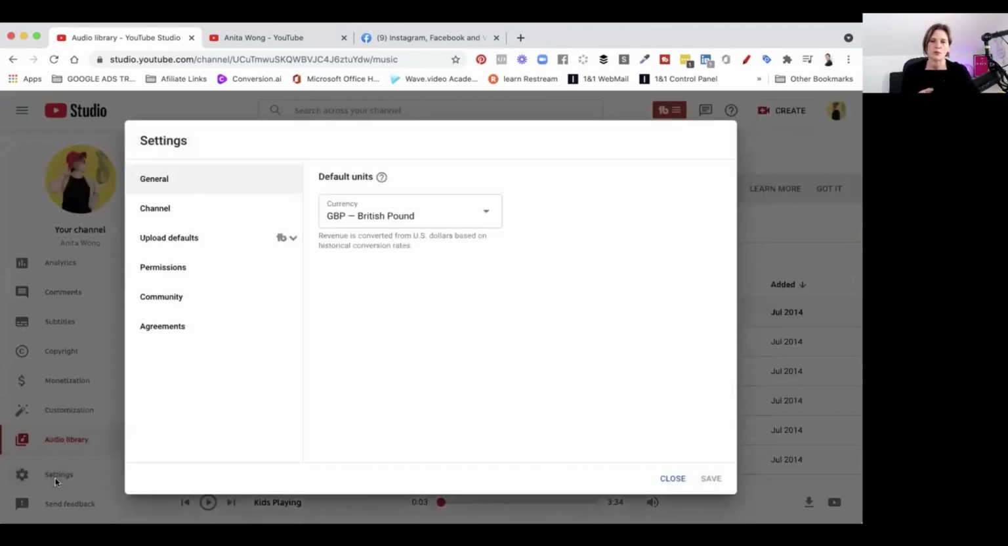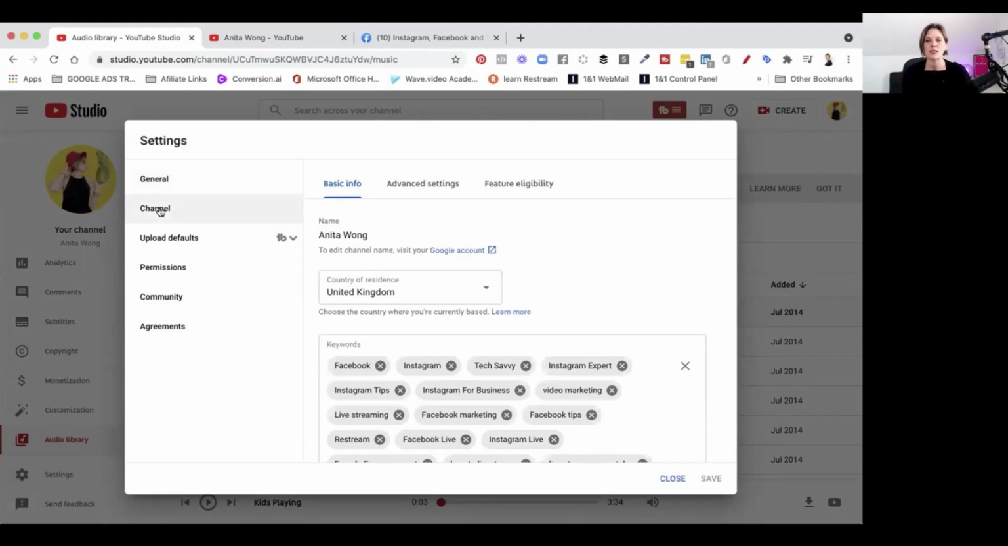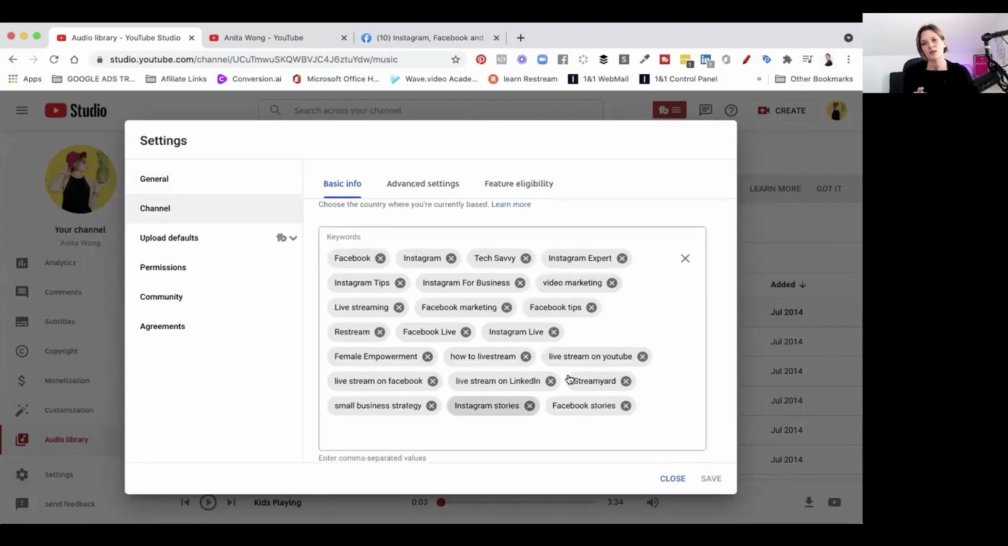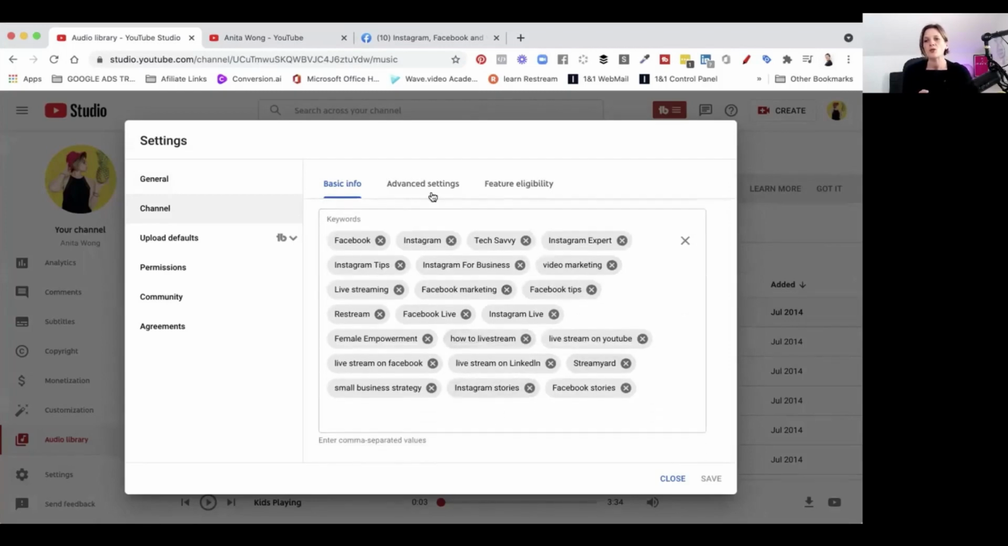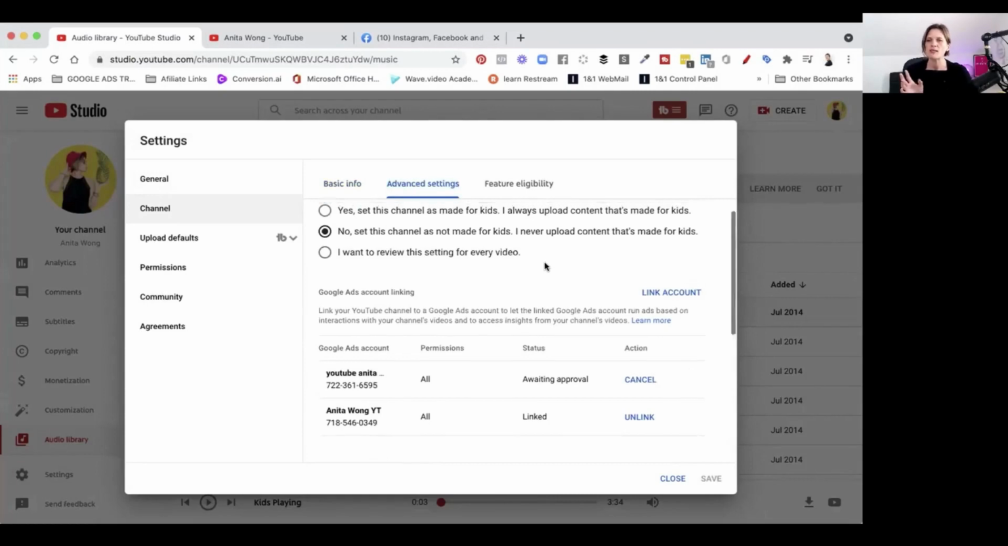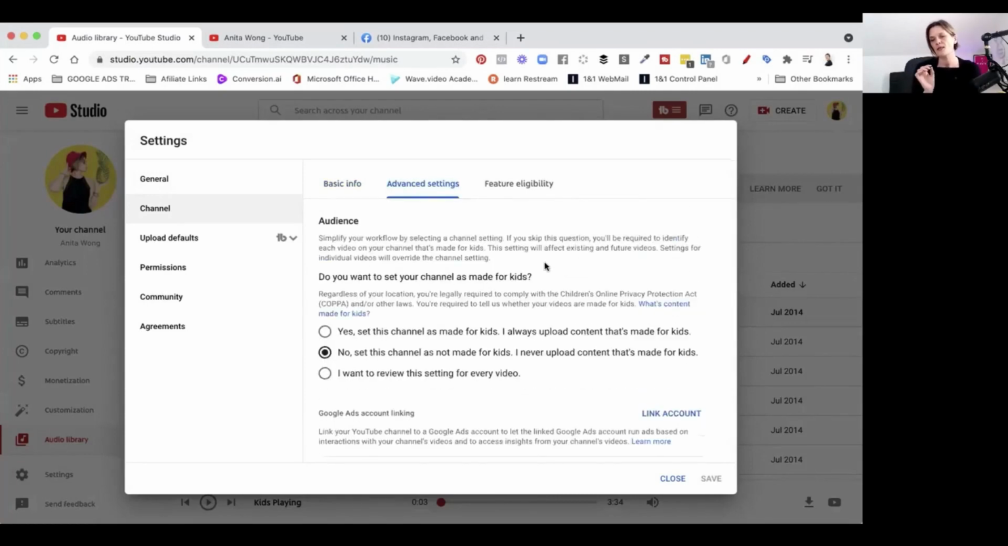So in the settings option, you come up with this pop-up here, and you have your general settings. So this is your default units. You have your channel settings again. You've got your name, you've got your country of residence. This is where your keywords are entered for your channel. And you have your advanced settings, which is super important when you set your channel up,